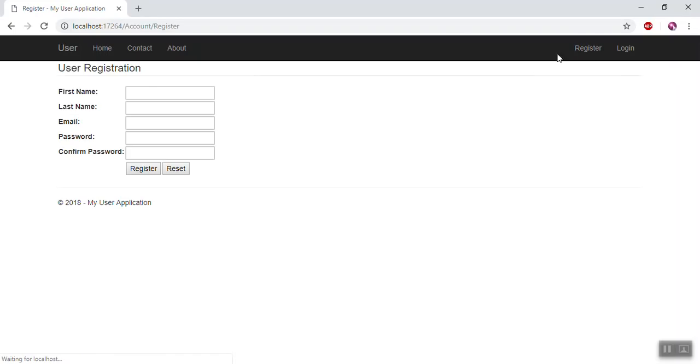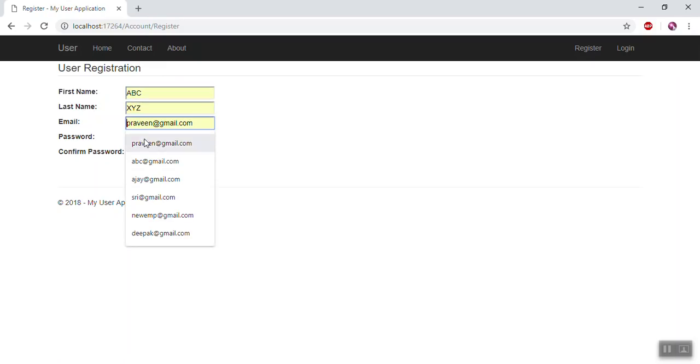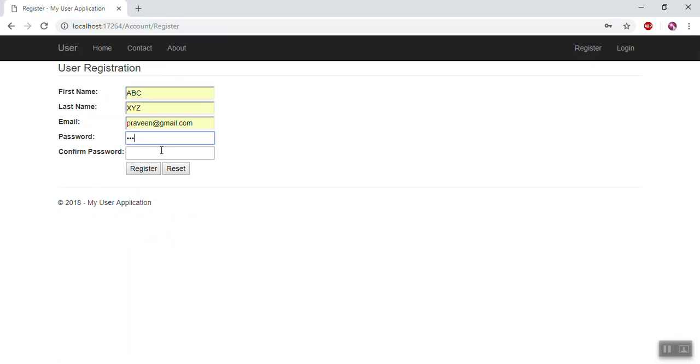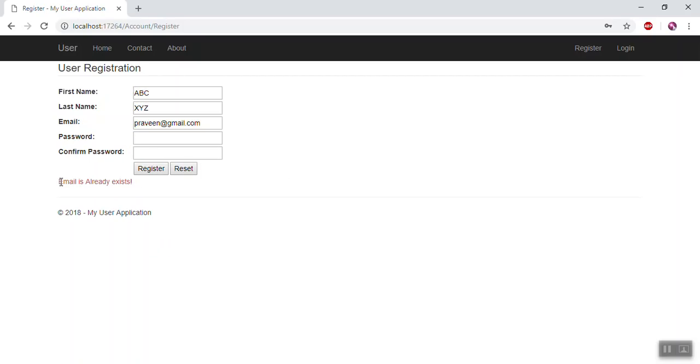Register. We're checking that email address. This already exists, so it should return. See, email is already exist because this one already exists. If it doesn't exist,